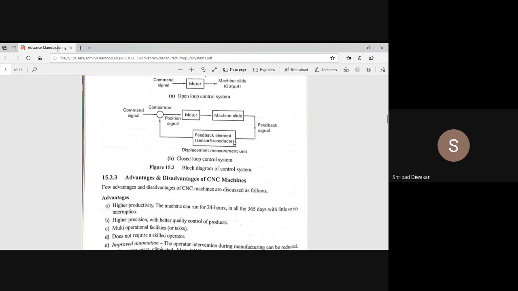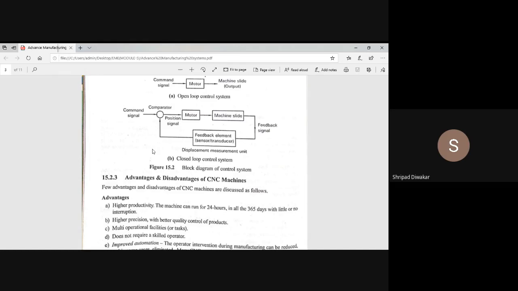The feedback element in turn sends the signal to the comparator. The comparator rectifies all the signals received from the feedback element and then sends those corrected programs to the machine through the motor or controller unit. Hence we can say that the closed loop controller system is most flexible in nature.